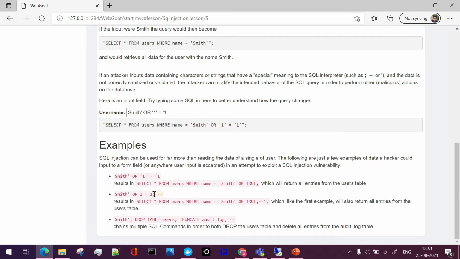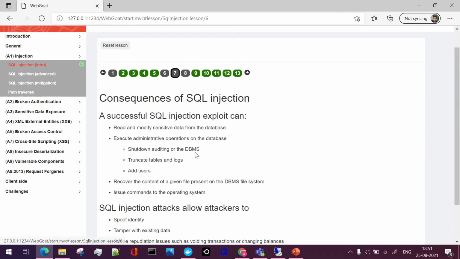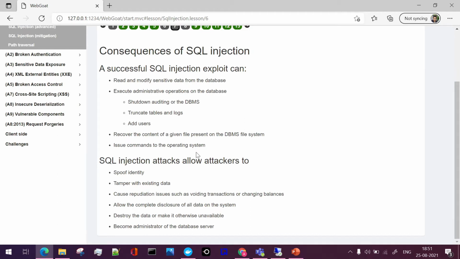Similarly, if we pass Smith or this one, here also the whole string is passed with all these particular characters. So even if you pass a semicolon in the username, it is again acting as a proper string, and this whole string has gone as a particular value, and now it will act as an injection in the query.